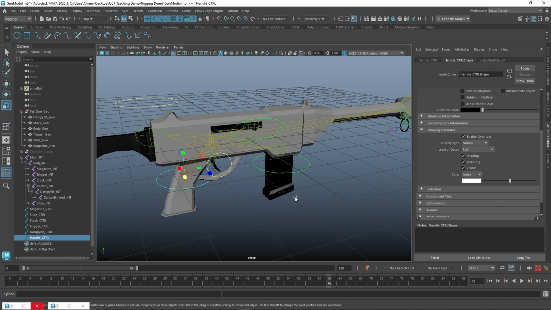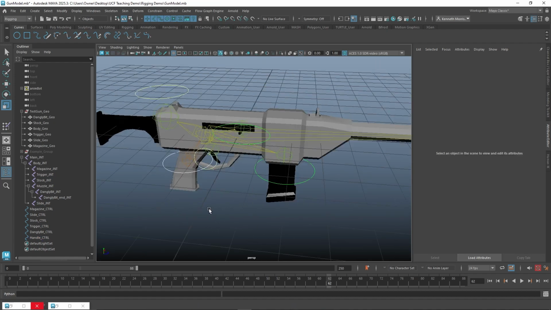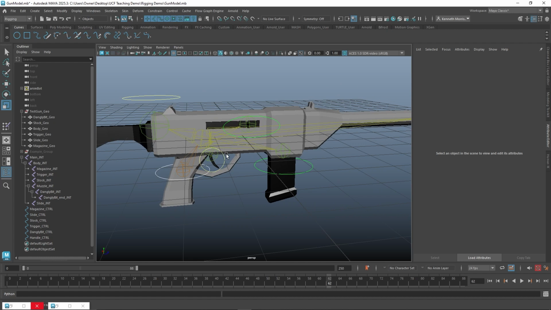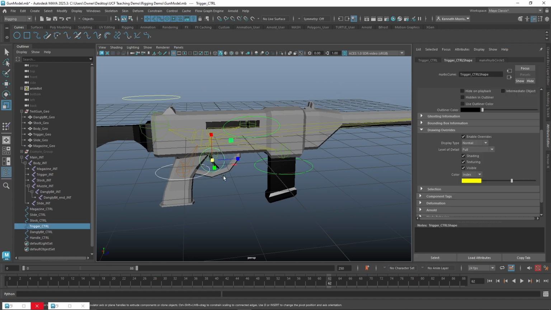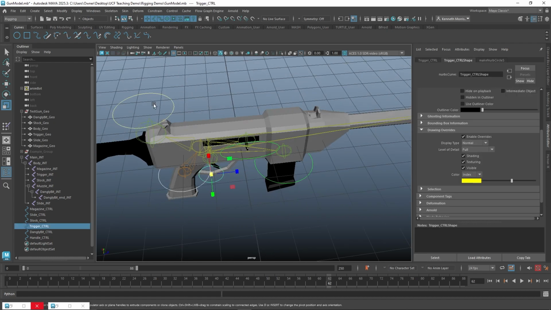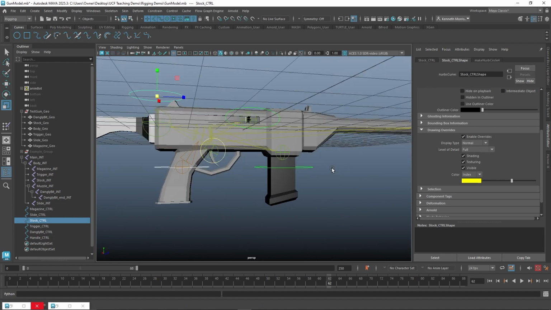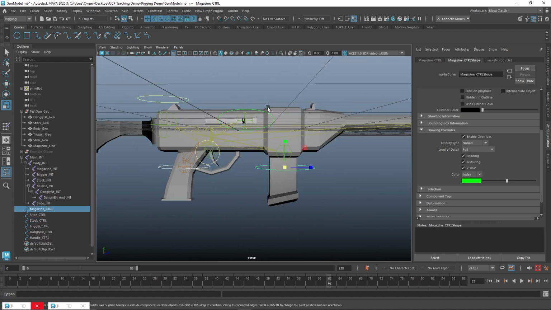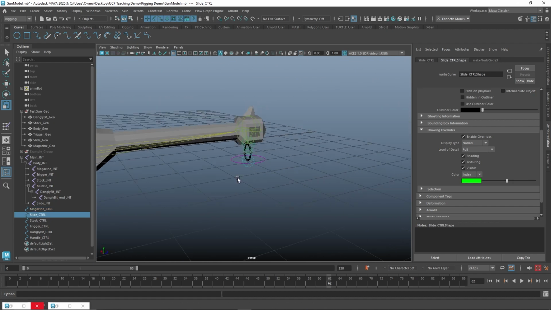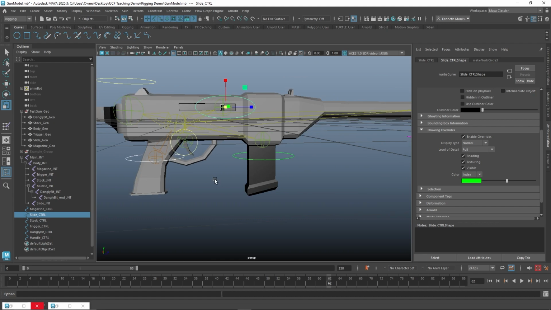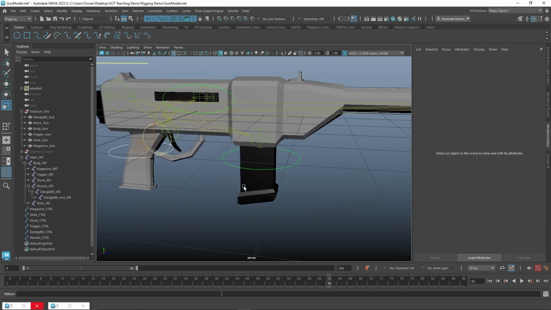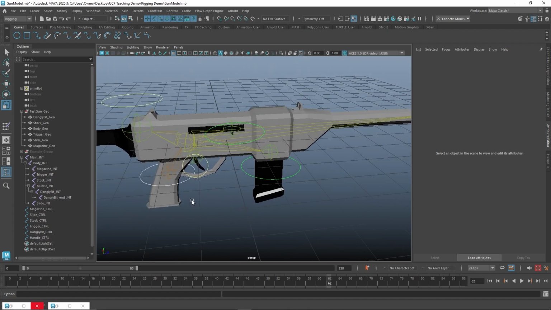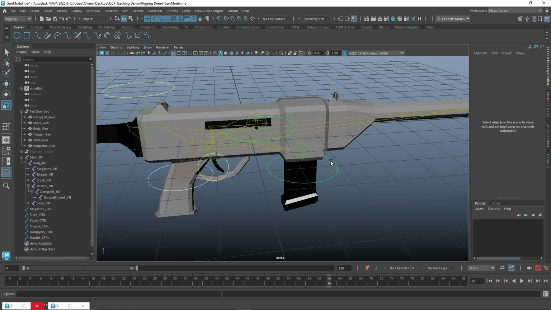Let's make this one white. So I have this sort of visual language where the yellow stuff will rotate. I'm going to rotate that trigger. I'm going to rotate that stalk. While the green stuff kind of translates. And the dangly bit is kind of a little dangly bit. It's not that important. While the white one will influence all the other colors. So we have this sort of thing going on. Great. But if we kind of look here,